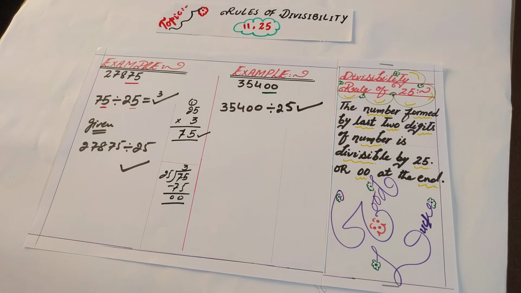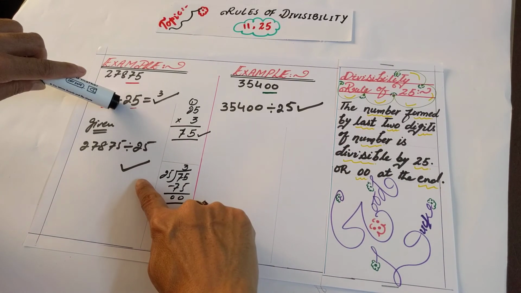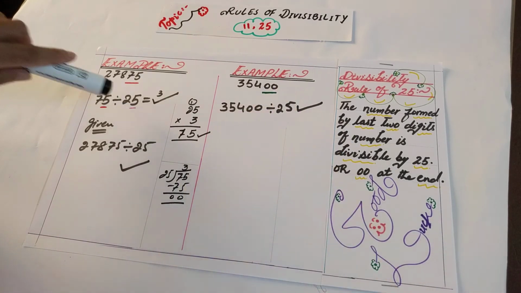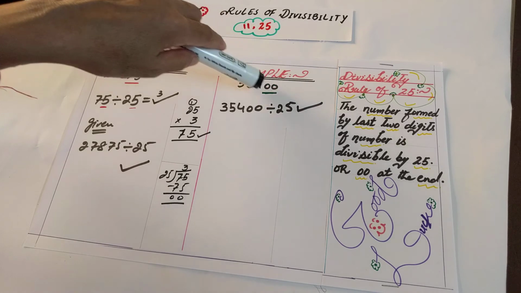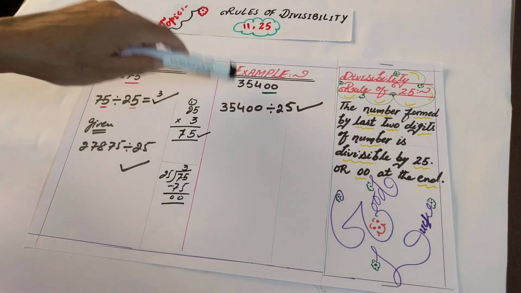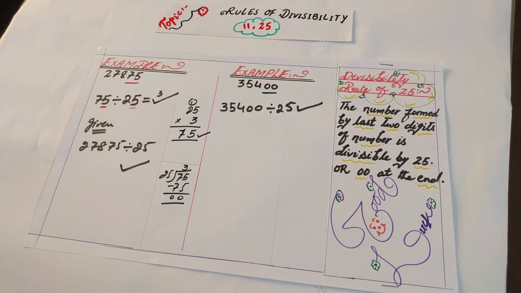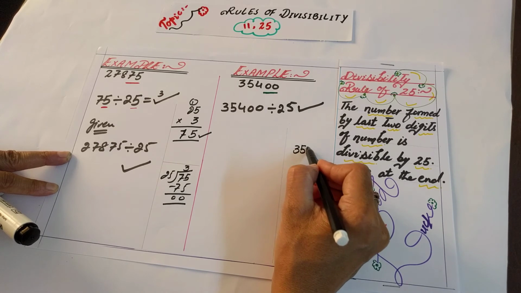Secondly, you can also check the divisibility rule of 5 over here. What was the divisibility rule of 5? The last digit should be 5 or 0. 5 was applicable in the earlier example and 0 is applicable over here. If the last digit is 0 but here it is 25, that's why we will check the double zeros at the end. If double zeros are at the end of the given number, then that whole number will be divisible by 25. You can check for your satisfaction by the division method, but no need to do it.